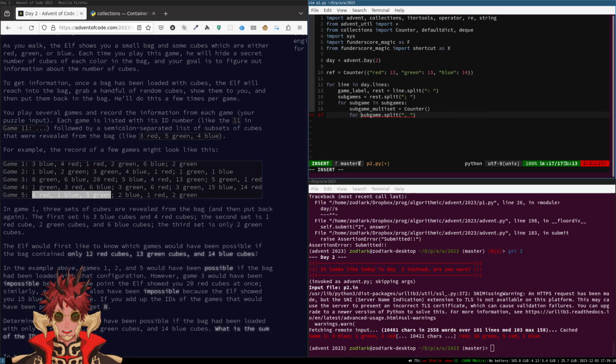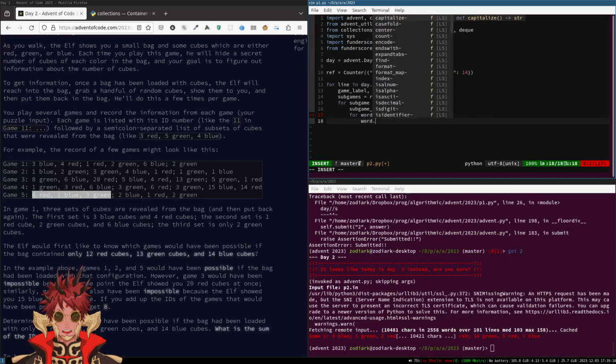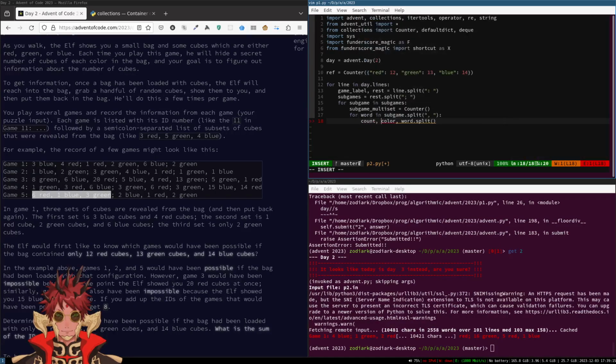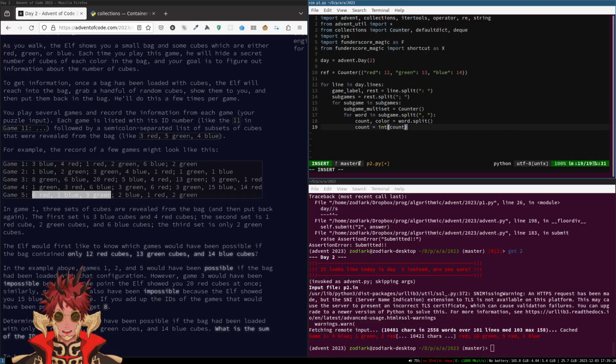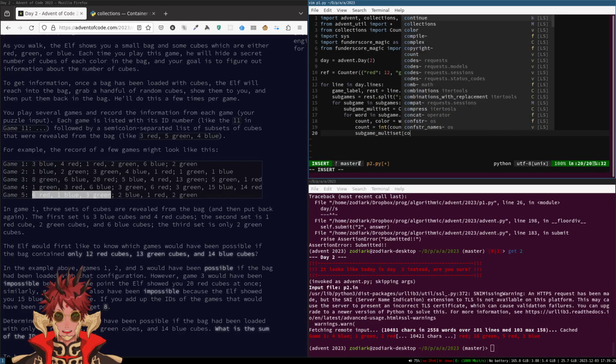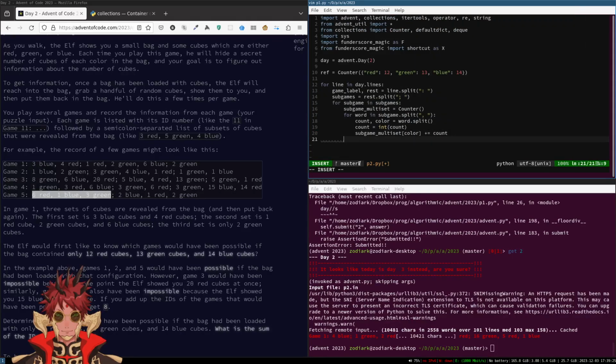What did I call this? Word.split. Color count is that. Count is int count. Game multi-set. Color count. Cool.